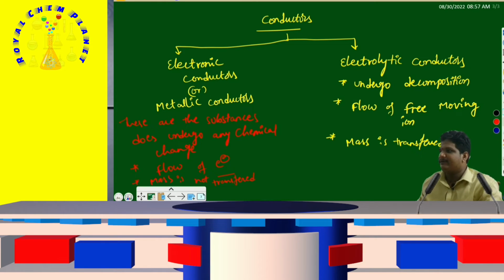Mass is transferred. During the passage of electric current, there will also be a transfer of matter in the case of electrolytic conductors. Now, the best example of metallic conductors is copper. All metals